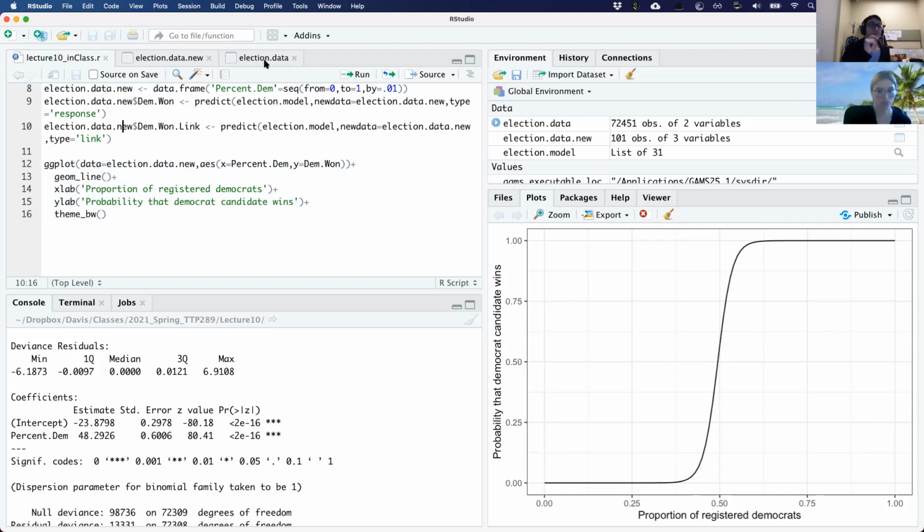Remember that in the linear model, when we do predict, it just predicts the Y. In this case, when you do the predict, you can predict P of X. You could predict log of P of X over 1 minus P of X. And then you could also just predict your Y.